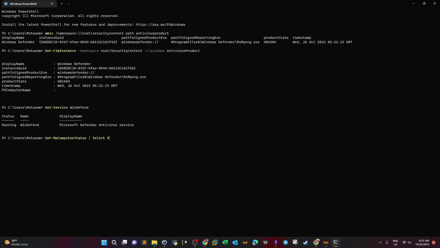Select real-time protection enabled. So as you can see, the real-time protection feature in the current Windows Defender service is disabled, so it's false. I have disabled this on purpose. Okay. Now,